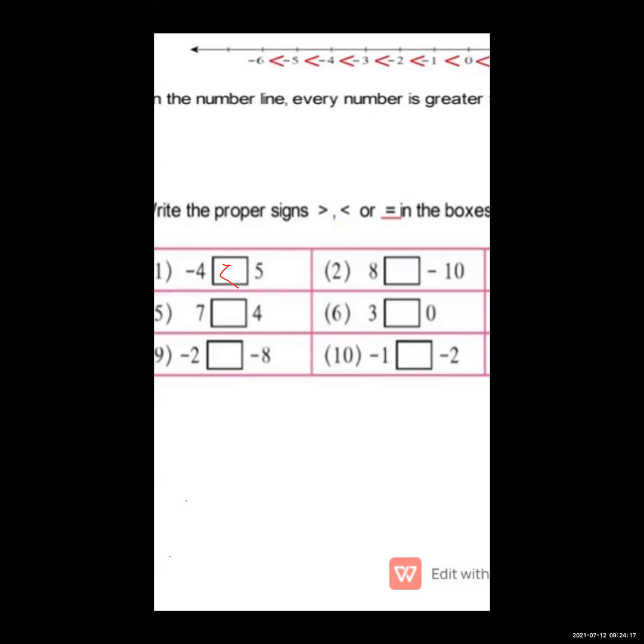+8 and -10. As I told you, when it is immediate the number by 1 from the left side, it will become the greater of the right hand side number. So which is the greater number? 8 is the greater number. Why? Because it is a positive number and 10 is a negative number. अगर हमारे पास sign नहीं होती then it will be the 10, but we are having the sign of positive number, that's why 8 is the greater number than the -10.